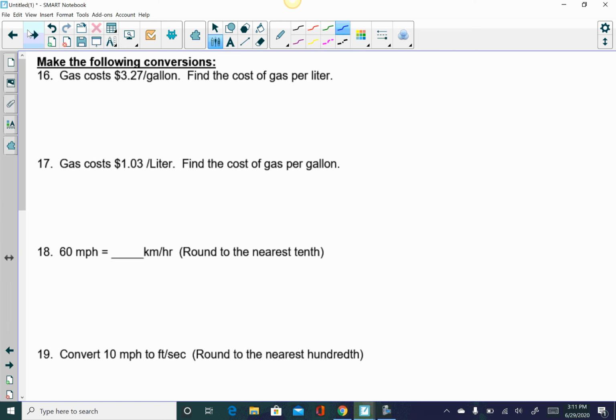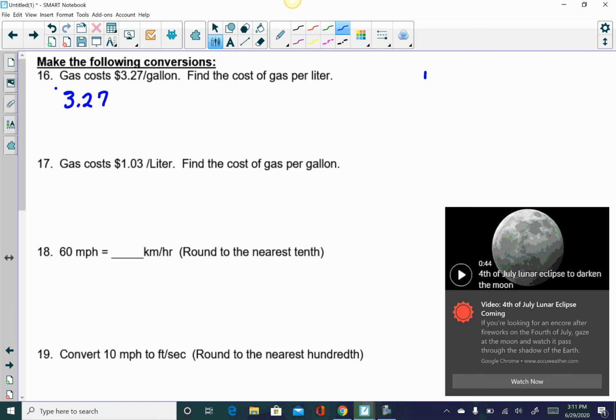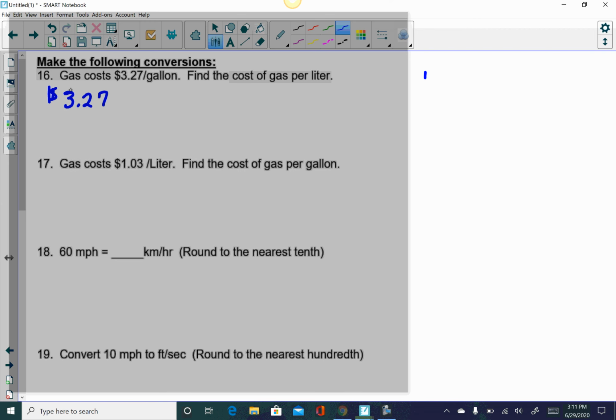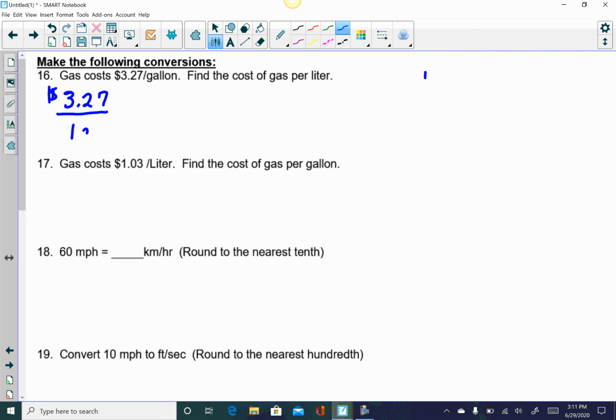At the top several here, 16 through 19, are looking at conversions involving more than one unit. So I'm going to look at 16 and 19 with you. In number 16, it says that gas costs $3.27 for every 1 gallon. So I've got my money unit up top and my capacity unit on the bottom, so amount per gallon. And they want us to find this as a cost per liter. So the cost unit is up there and it's already correct,